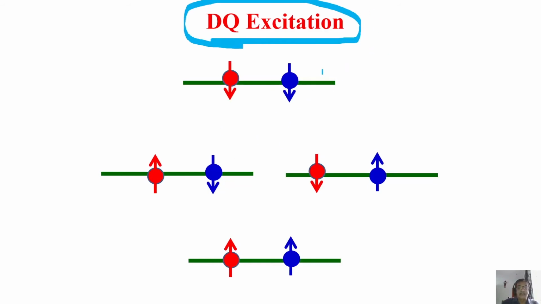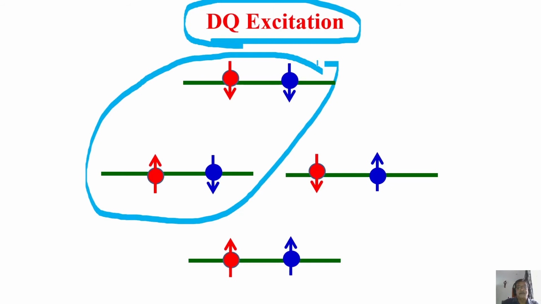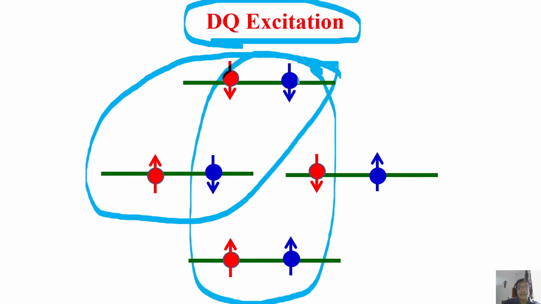Now in these 2 energy states, I observed the transitions are allowed between this and this, because only a change in the magnetic quantum number of +1 or -1 is allowed. This to this is not allowed. Remember, this is -1 to +1. Changing the magnetic quantum number between these 2 energy states is +2 or -2. This is a forbidden transition.